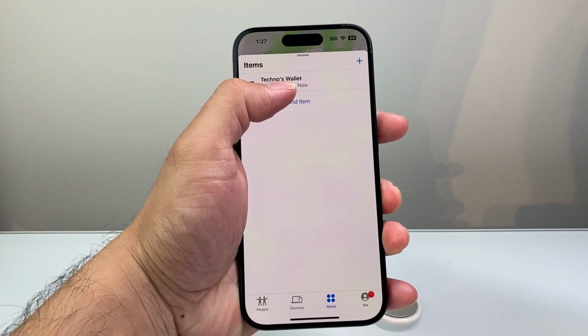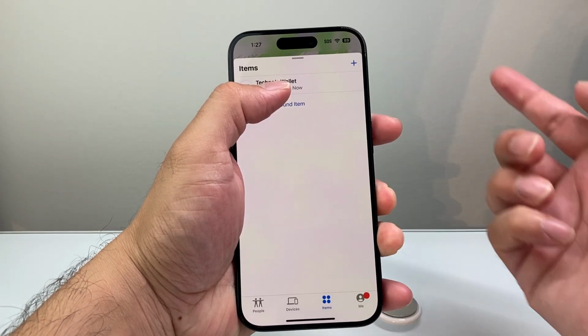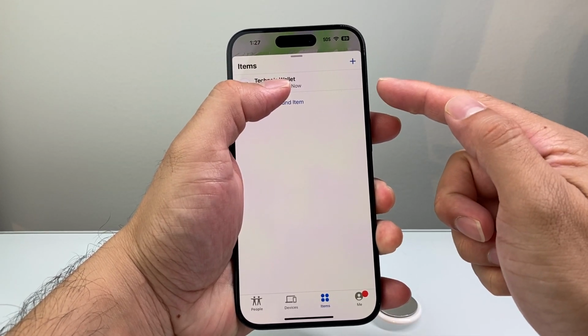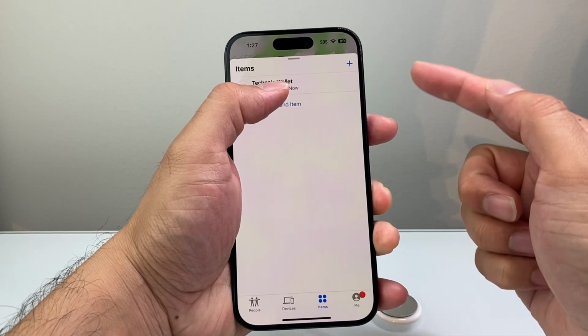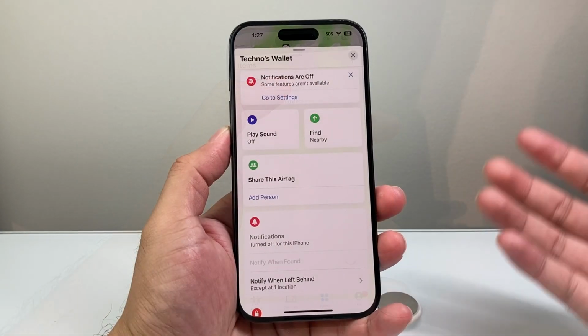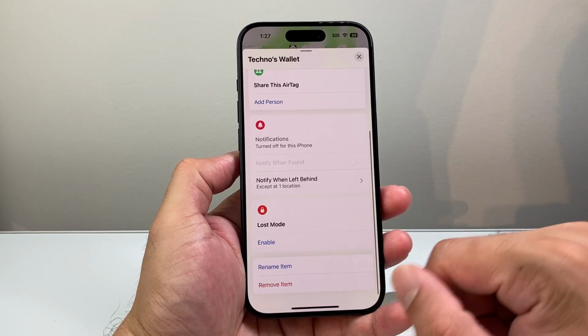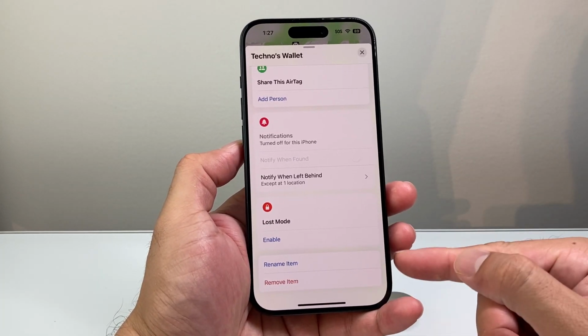Once you click on Items, you're going to find the AirTag that you want to change the name of. I only have one, so it's listed under the wallet. That is something I maybe want to change to something else, so I'm going to go ahead and click on that one. Once you click on it, it's going to come up with a menu like this. Then you want to go down a little bit further, all the way to the bottom, where it says